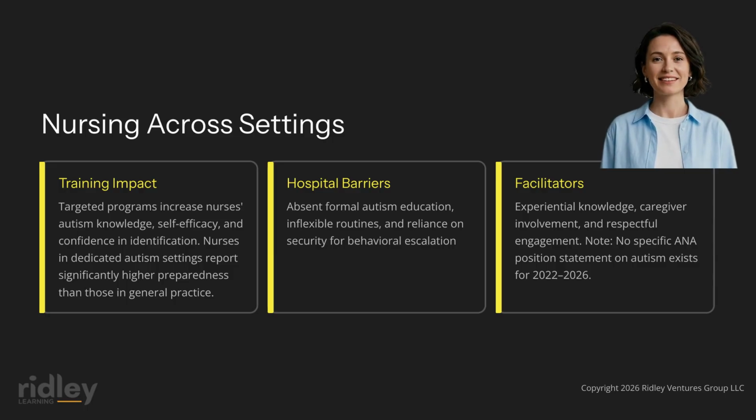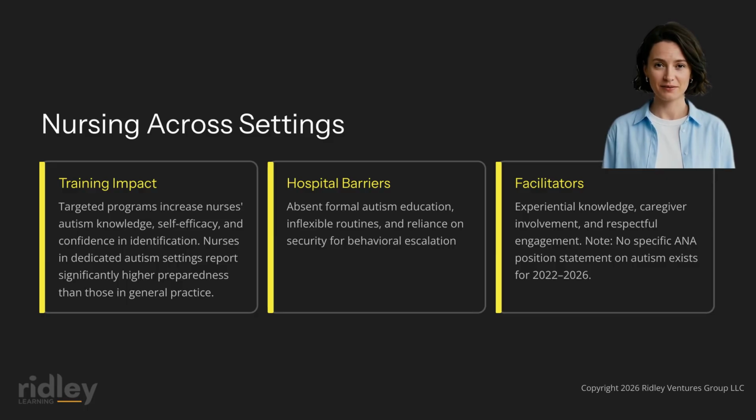Nursing is central to this interprofessional infrastructure across primary care, school, hospital, and care coordination settings. But gaps are explicit. A 2023 training program by Gore and colleagues called MOSEC increased maternal and child health nurses' autism knowledge, self-efficacy, and confidence in identification and caregiver conversations. School nursing strategies identified by Andre and colleagues in 2024 centered on communication structure, collaboration with families, sensory supports, environmental